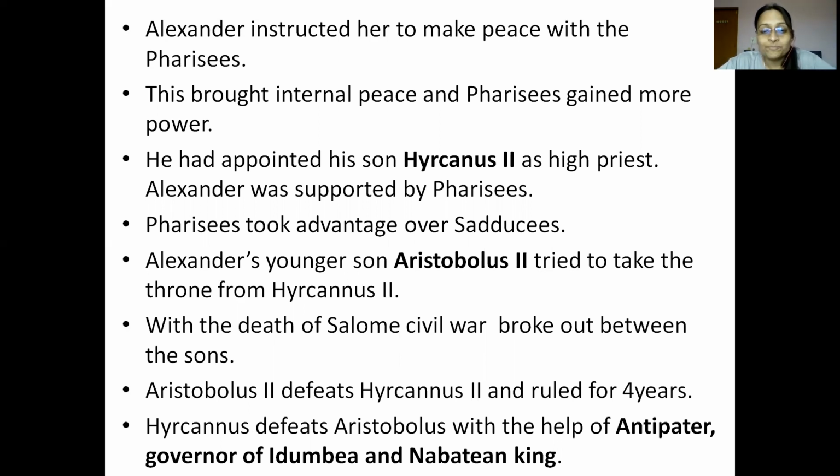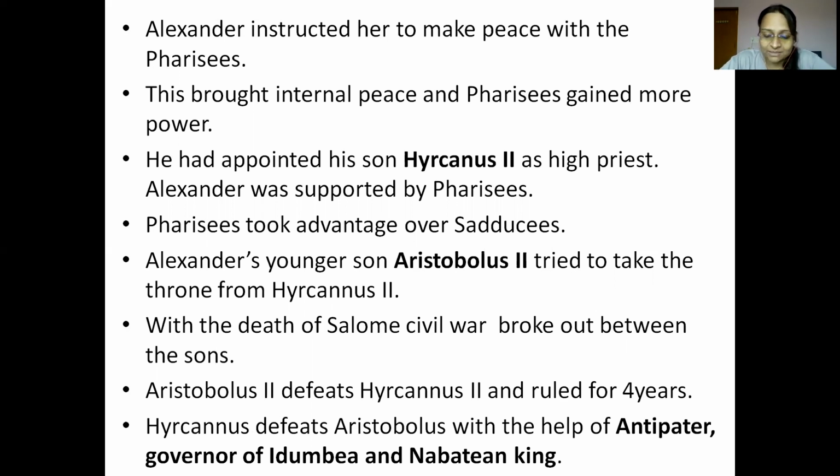Alexander's younger son Aristobulus II too tried to take the throne from Hyrcanus II. With the death of Salome, civil war broke out between the two sons, that is Hyrcanus II and Aristobulus II. Aristobulus II defeats Hyrcanus and ruled for 4 years. Hyrcanus II then defeats Aristobulus II with the help of Antipater, the governor of Idumea, and